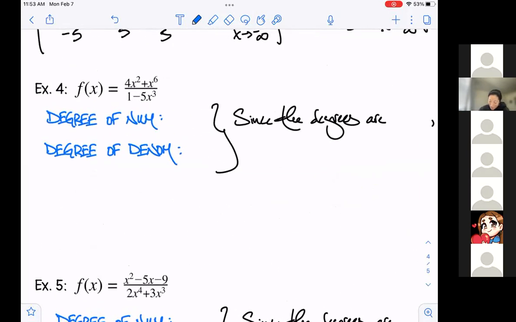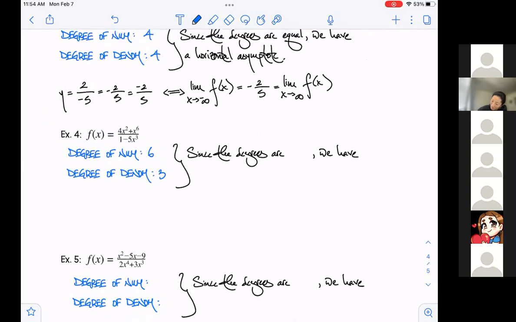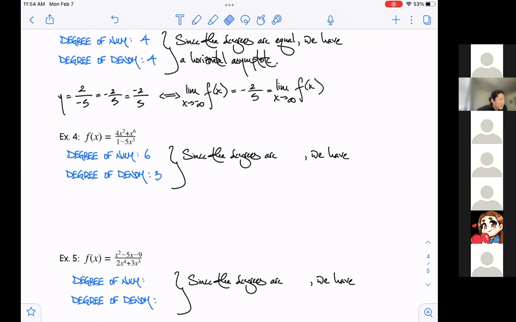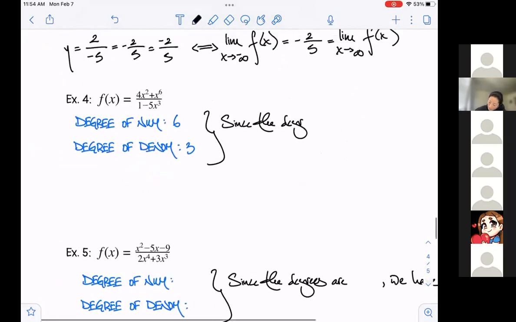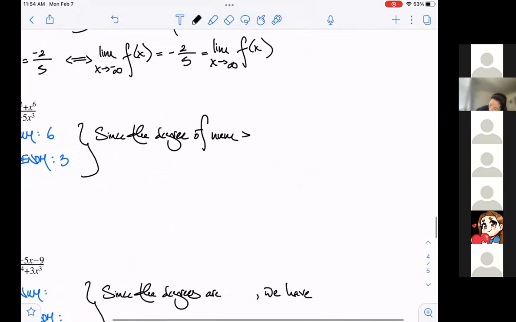Okay. All right. Tell me about the degrees. What do we have for the degree of the numerator, for example, 4? 6. Bingo. Degree of the denominator? 3. Yeah. All right. So we might need to modify our statement now, right? That our degrees, since the degree of the numerator is greater than the degree of the denominator,